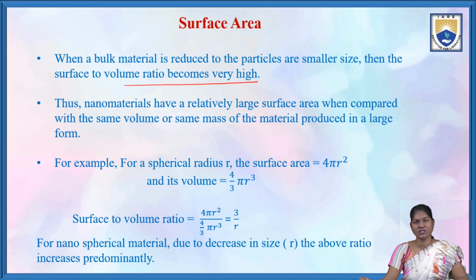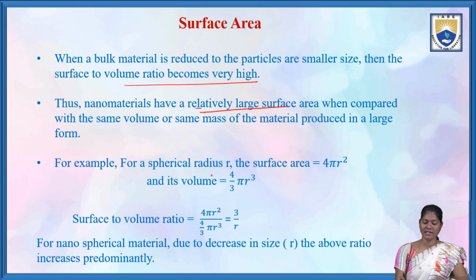When a bulk material is reduced to particles or smaller size, the surface to volume ratio becomes very low. Thus, nanomaterials have a relatively large surface area when compared with the same volume or same mass of the material produced in a large form. For example,